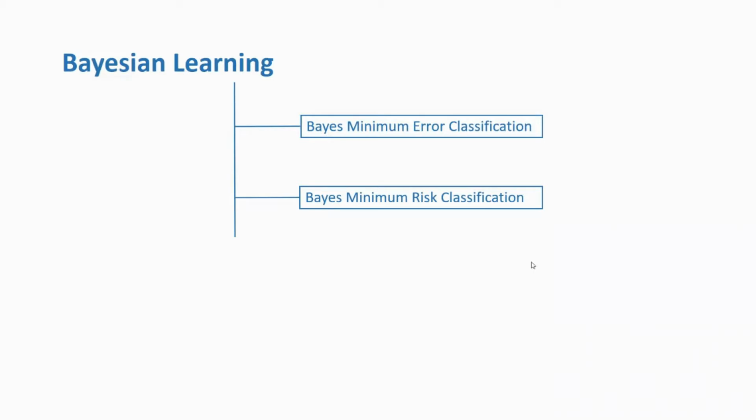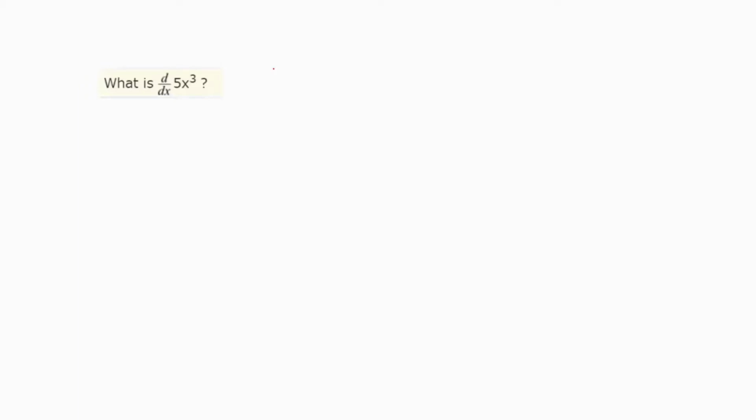Before I move to the details of Bayesian minimum error classification and Bayesian minimum risk classification, since I had told you that please go through the differentiation rules, if any one of you have looked at differentiation, how differentiation works and how chain rule works and all. Before I proceed, there are a lot of uses of differentiation and chain rule differentiation. Okay, so we'll see, for example, a given function